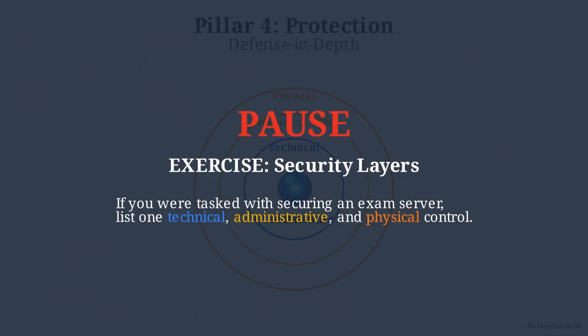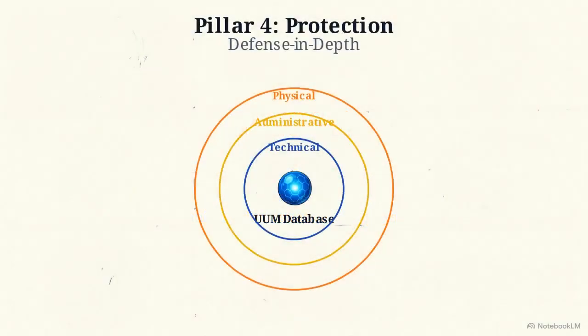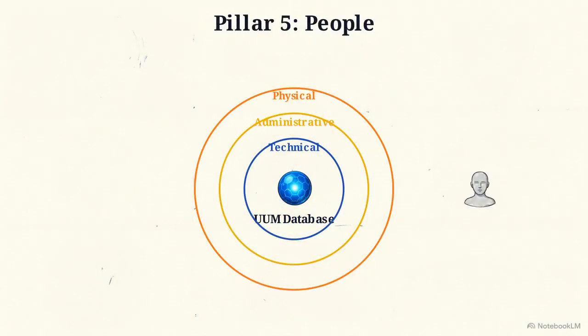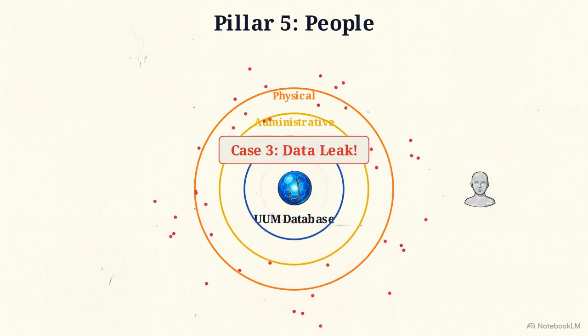Even with those layers perfectly designed, we must account for the 5th pillar, people. Human error remains the most common point of failure. A user clicking a deceptive link will bypass the technical firewall completely. This human vulnerability leads to Case 3, data leaks. When personnel fall for social engineering due to a lack of awareness, the technical barriers cannot stop the data from leaving the perimeter. Finally, to put these tools in place on time and on budget, we rely on the 6th